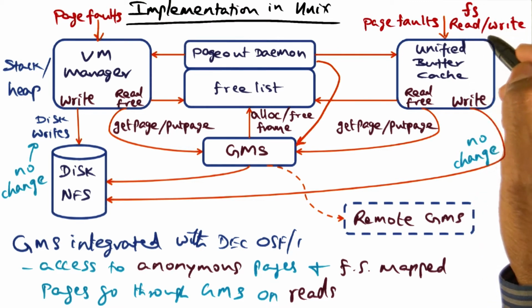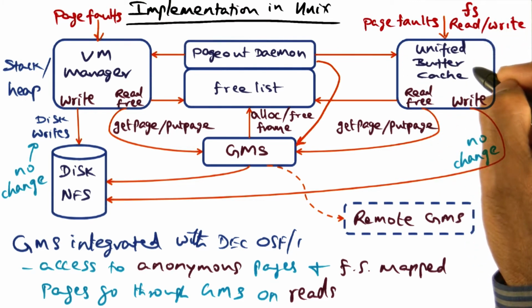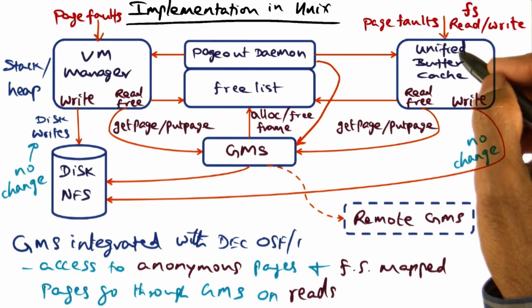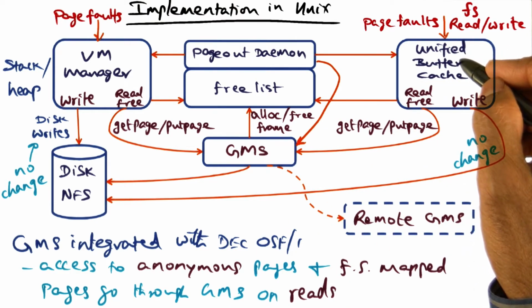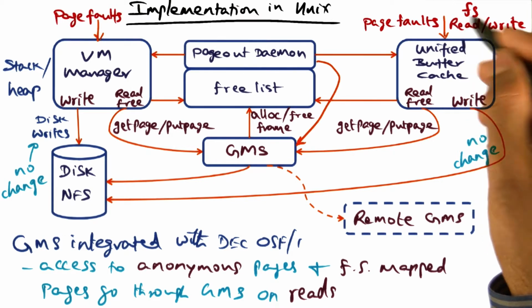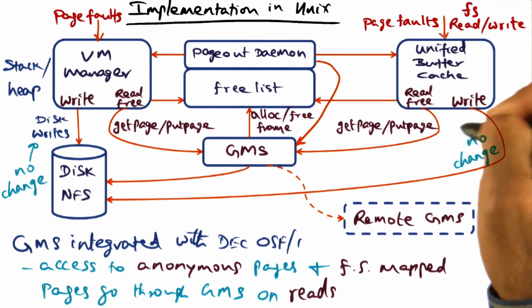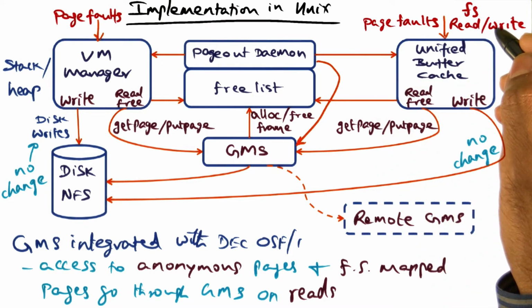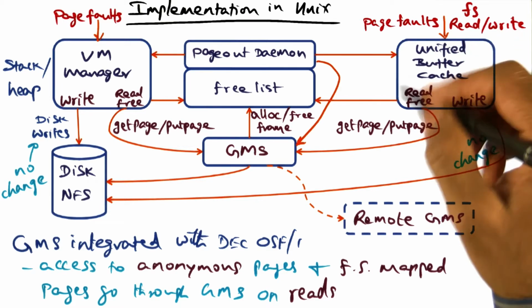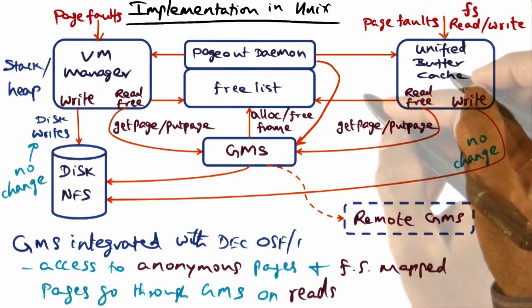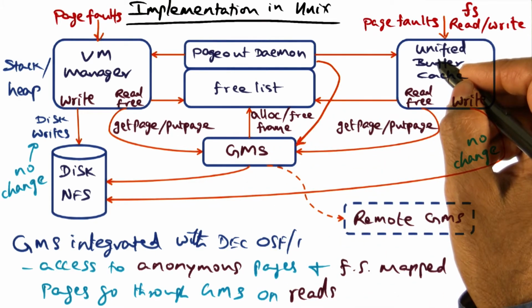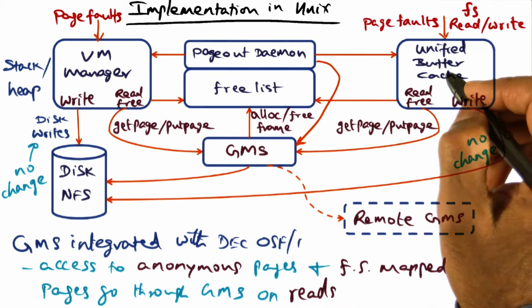When it is making read and write calls, we can insert code as part of integrating GMS into this unified buffer cache to see what pages are being accessed based on the reads and writes that are happening to the unified buffer cache. Because these calls are explicit from the application going into the operating system, we can intercept those calls